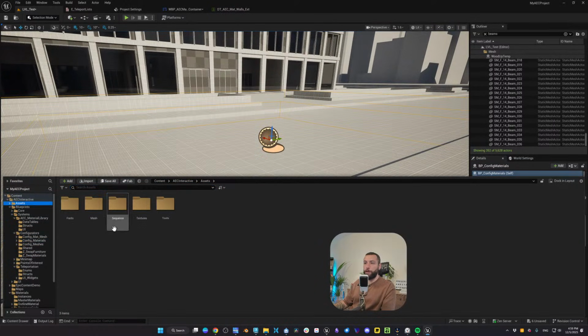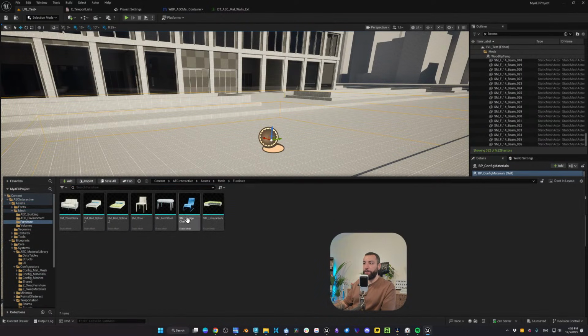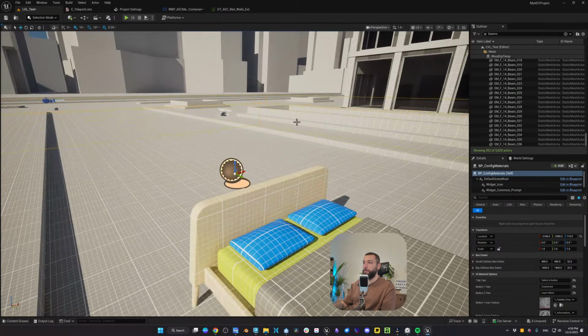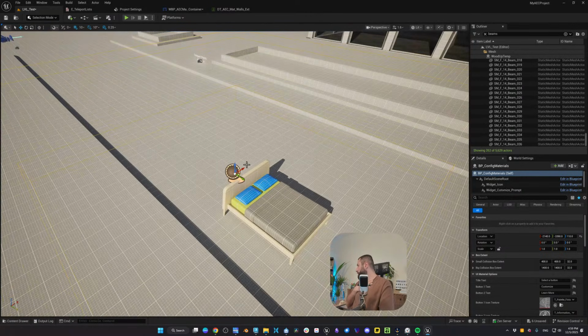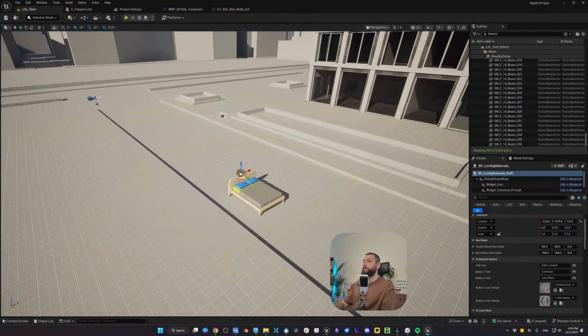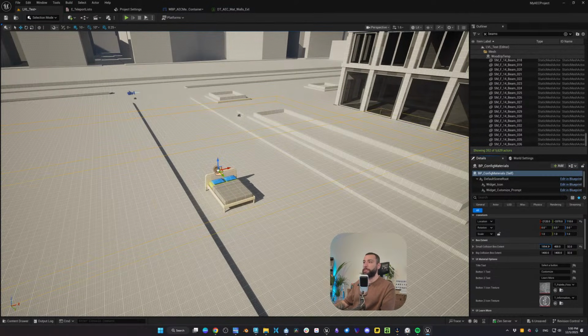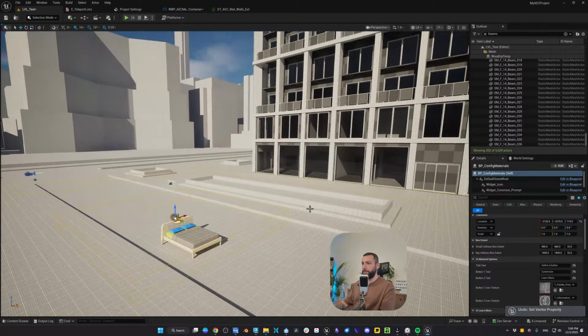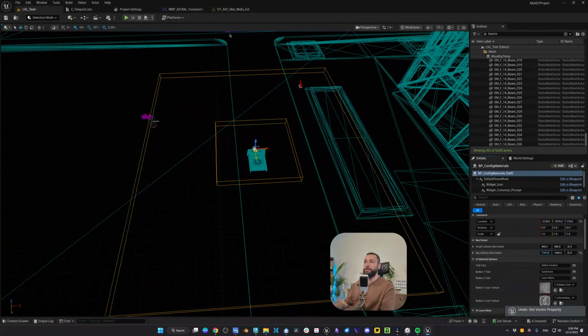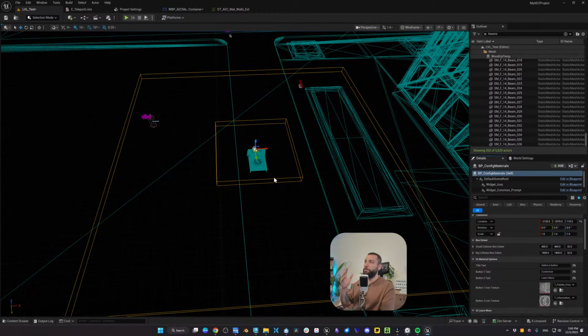Here I'm going to go to my assets, meshes, let's say furniture, and let's say this bed option. And let's add this on top of the bed here. Sorry. Let's add it here. Now, we have the box extent, one for the small box. I don't know if you can see it, but yeah, let's switch like this. One for the small box and one for the big box. The small one is for the prompt and the big box is for the icon. This is done. It's called box extent.